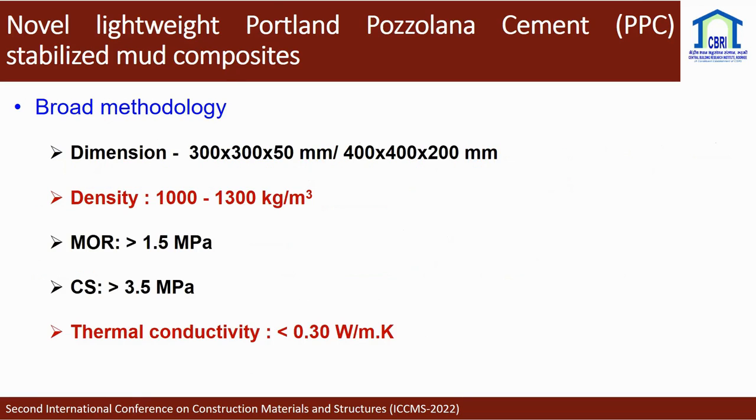As a brief methodology, we have developed tiles of dimension 1 feet by 1 feet by 50 mm, along with a masonry block of 400 by 400 by 100 mm. Density target was 1000 to 1300 kg per meter cube. Modulus of rupture, or flexural strength, should be more than 1.5 MPa, compressive strength should be more than 3.5 MPa, and thermal conductivity, later I will pronounce it as K value, should be less than 0.30